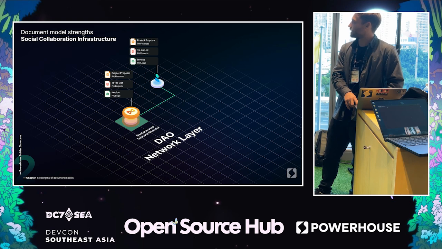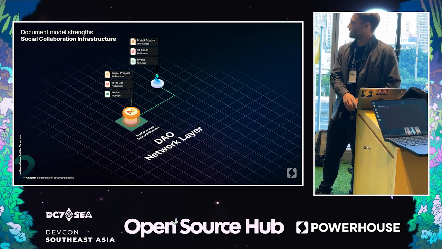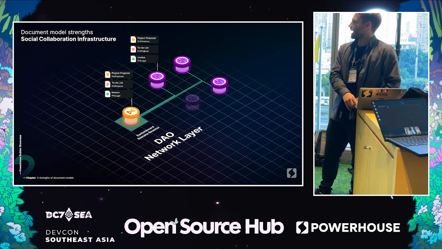So how would that work? A contributor comes in, sets up a couple of models, and is, for example, creating a project proposal, a to-do list, and an invoice, but they would like to share it with other contributors within the network. And they do that all through Connect, which is our contributor tool. Now, other contributors might come online and they want to get access to those documents, but before that, they will need to